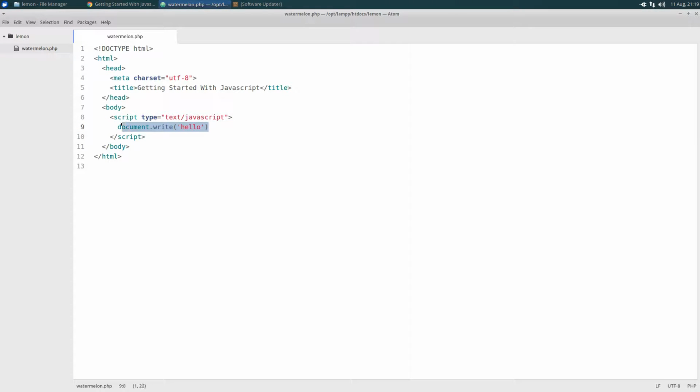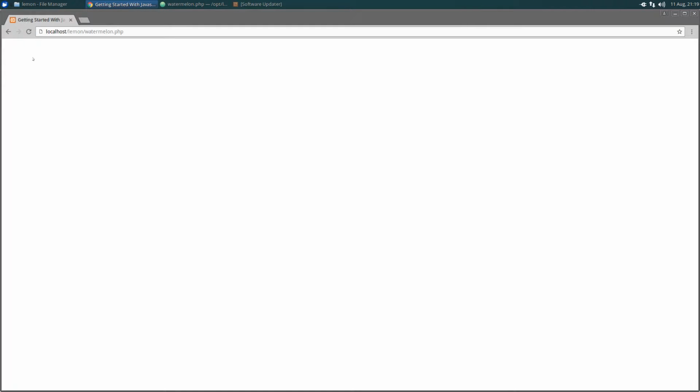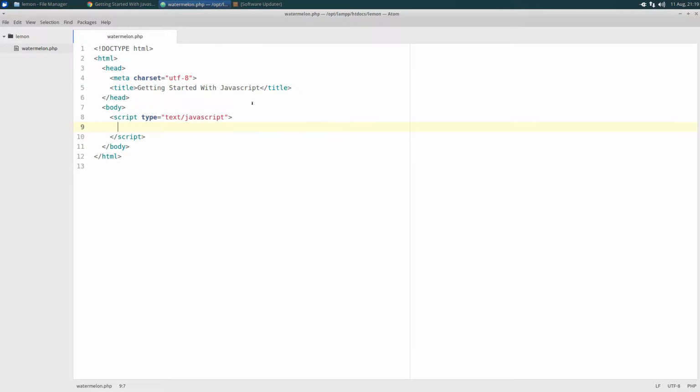Now this is good and all, but what if you want to give yourself some kind of debugging messages that an average user will not see on your page? So you're testing something out, and you just want to debug something if you have an error. You don't want to show it to the user. Well, you can use